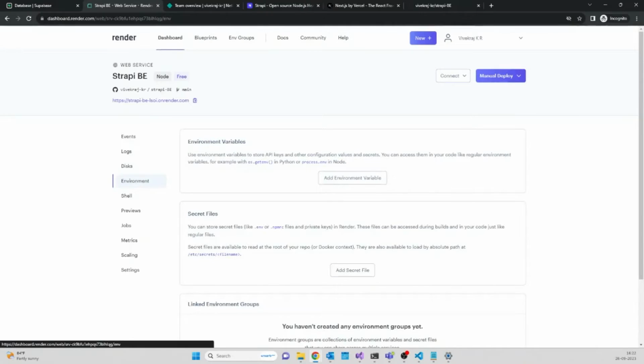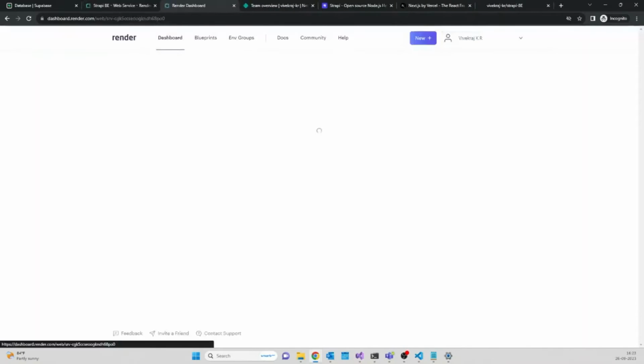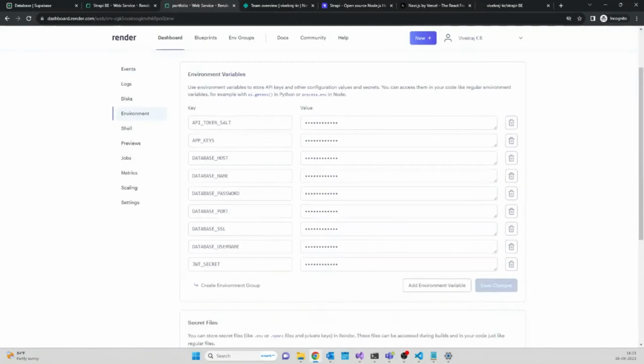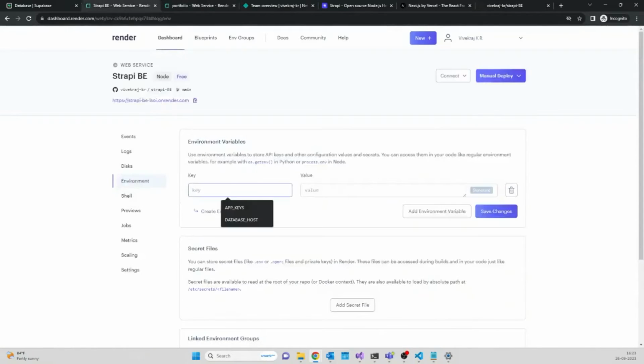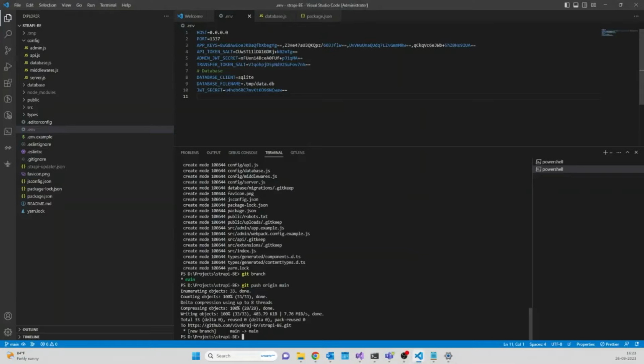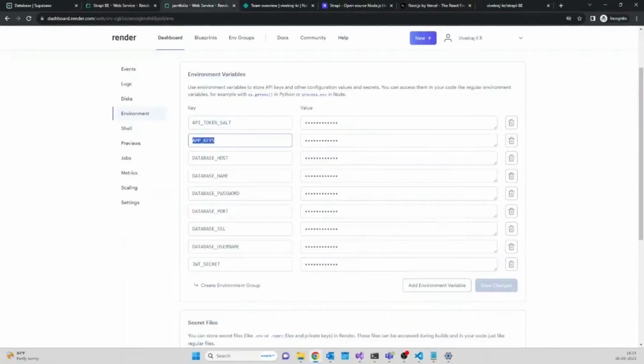the environment variables. So I have an existing web service. Let's take an example of my existing portfolio web service. What are all the variables that we need? I will simply add it here. API token salt, which is this value. Add another variable which is app keys. We need database host,